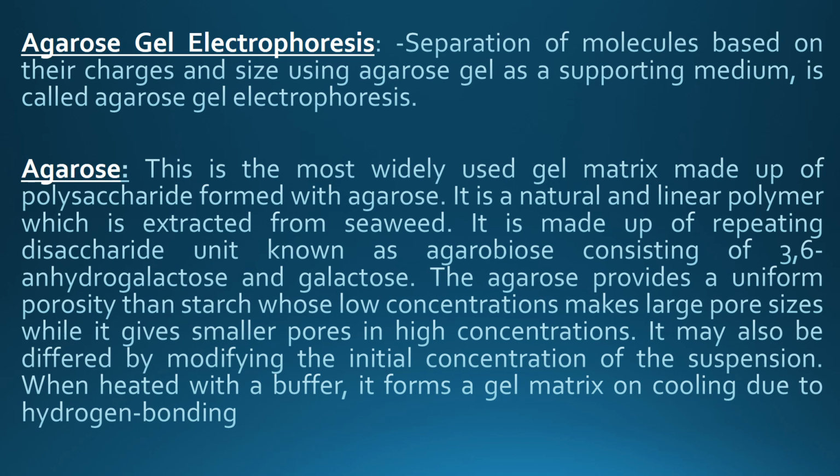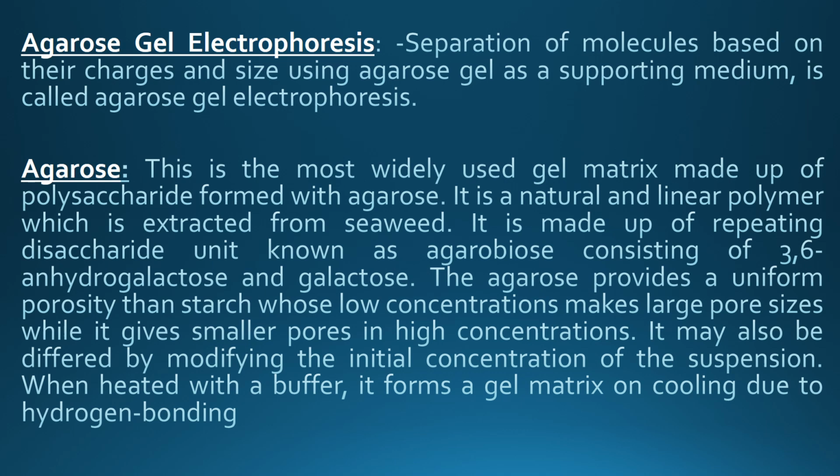Agarose. This is the most widely used gel matrix, made up of polysaccharide. It is a natural and linear polymer which is extracted from seaweed. It is made up of repeating disaccharide units known as agarobiose, consisting of 3,6